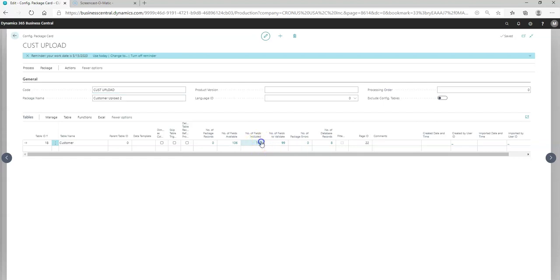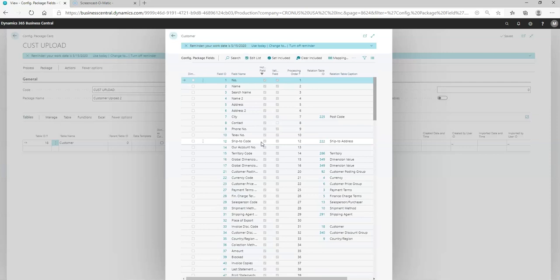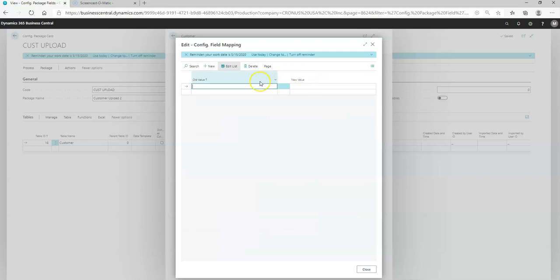Now, something else I can do in here. Let's say for whatever reason my customer posting group, I put it in incorrectly and I just want to mass update what's in there. So what I'm going to do is come to this mapping. I'm going to click on the field that I want to map. I'm going to go to mapping right here. And my current value, I know it's set to new, I believe. And I want to update it to domestic. All right, so I do that and I close the page,